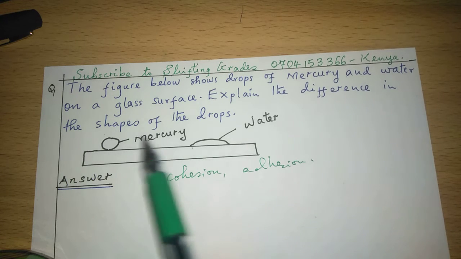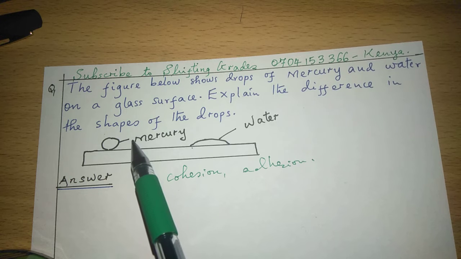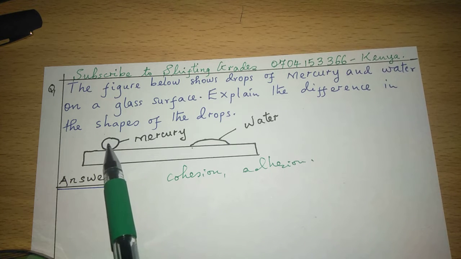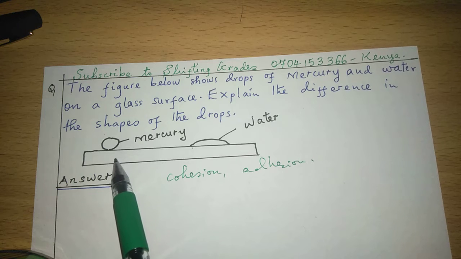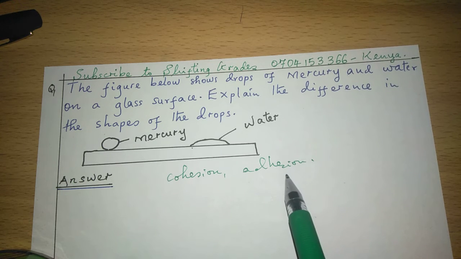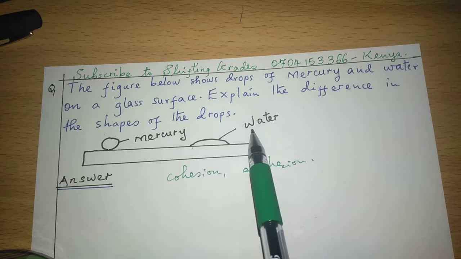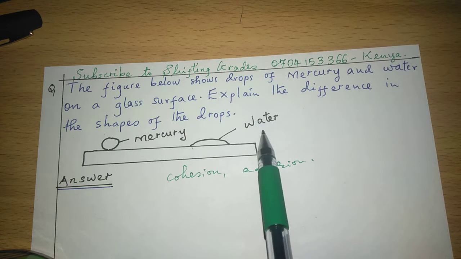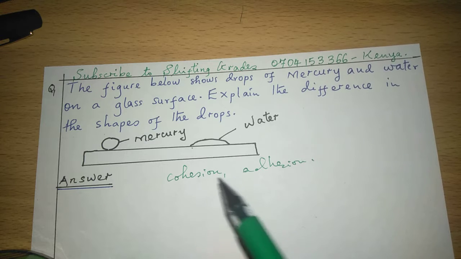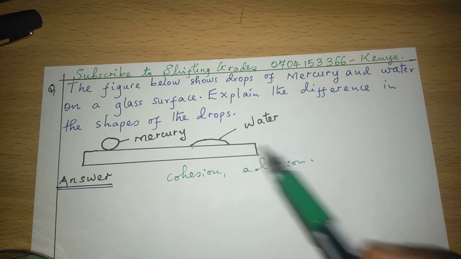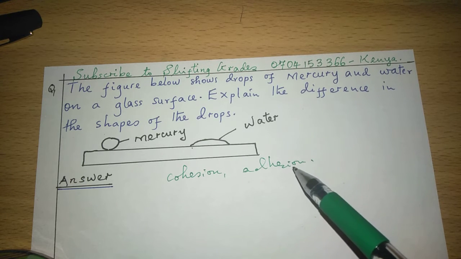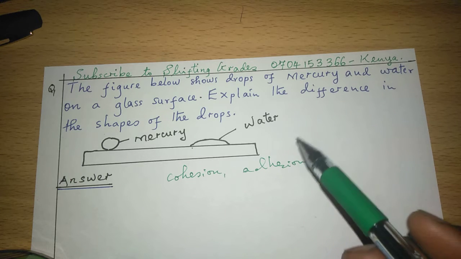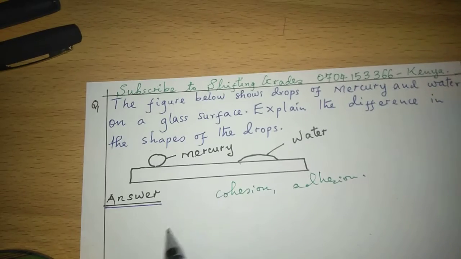So, mercury molecules are attracted to themselves by what we call cohesive forces, but mercury molecules are attracted to the table, the glass table, by adhesive forces. Similarly to water, water is attracted to itself. The molecules of water are attracted to themselves by cohesive forces, while to the table, they are attracted by adhesive forces. So what we can compare here is the strength of these different forces and say that in mercury,